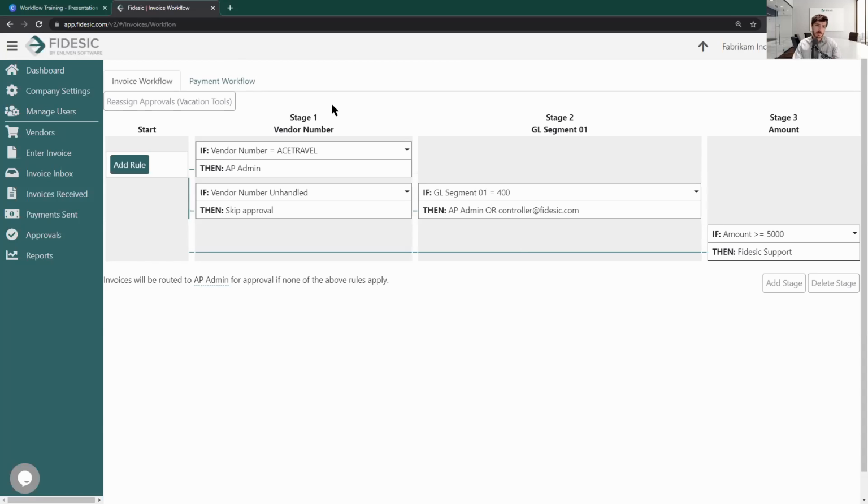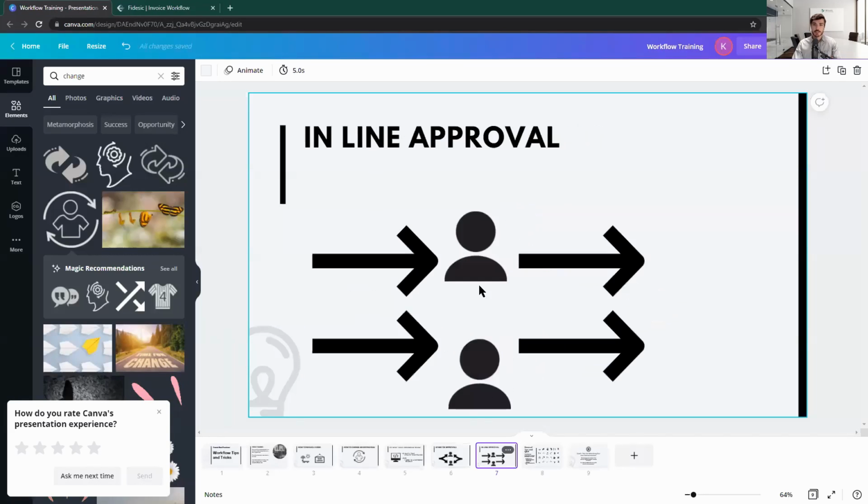This is super common or super popular on the payment side of things, where you'll have your 3 check signers, and then whoever approves it is the one who actually gets to sign the document and let that payment move along its way. So super common way to set things up on the payment side. Also powerful on the invoicing side as well. It allows you to assign multiple people, and then whoever gets to it,